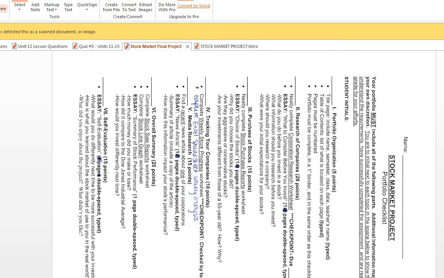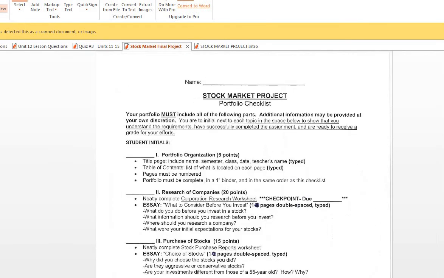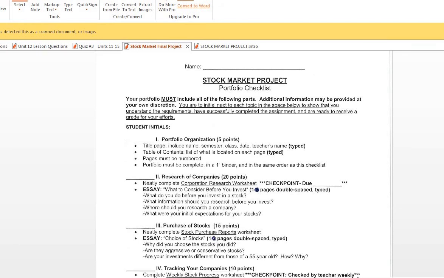So one thing that I want to ensure everybody sees and knows and has is that I will be grading you strictly on this portfolio checklist. If you don't have the stuff in here, then you won't get the points for it. So please, if anything, listen to me for this page alone. All of these things must be completed. You want to pay attention to the details. You want to make sure that every little thing is checked off of here. Have your parents go over this checklist and make sure that all of these things are checked,